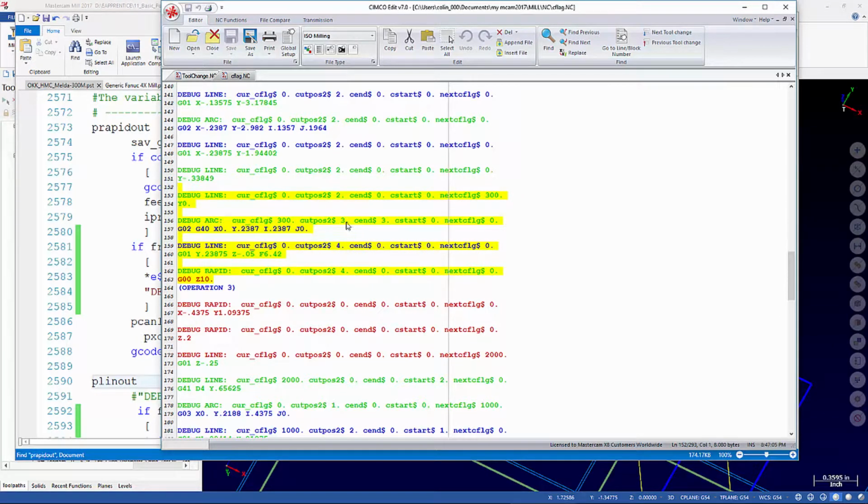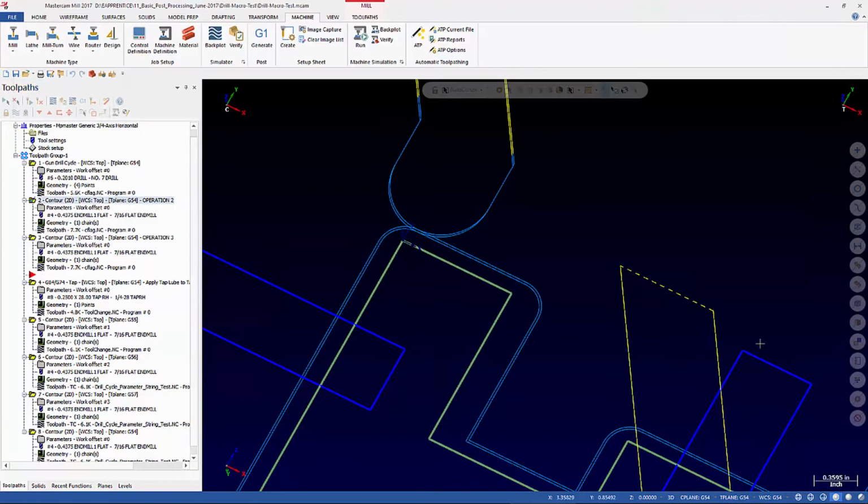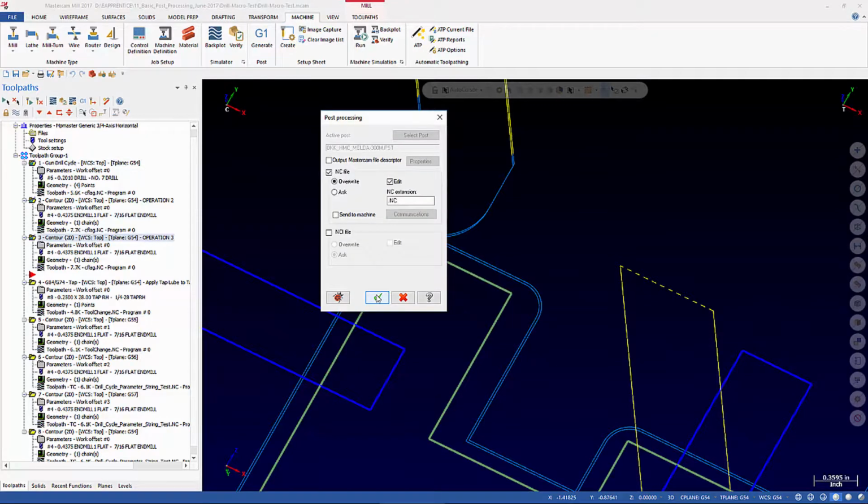Cut pause 2 equals 3 and C end equals 3. And cut pause 2 equals 4, C end equals 0. So we know cut pause 2 is in the cut, pause 3 and cut pause 4 are at the end. And C end of 3 or C end of 2, so if we go back in here and turn on the entry and exit, and then we post this out,